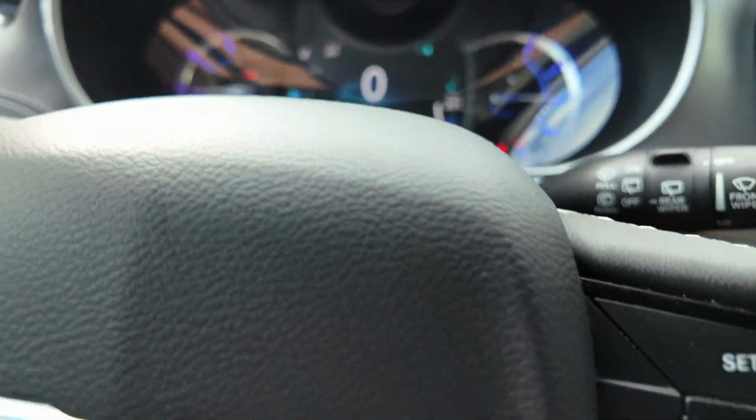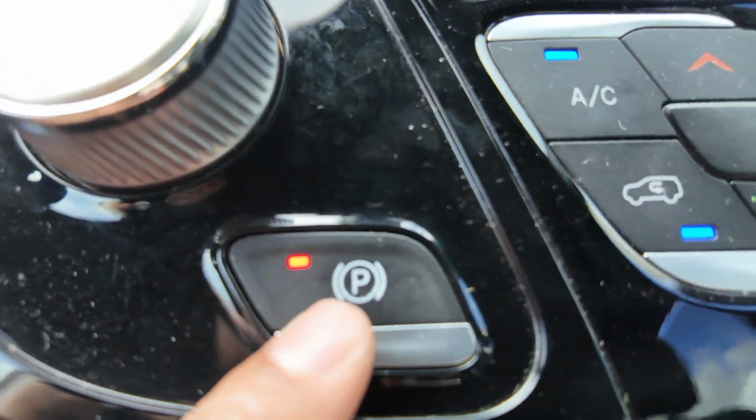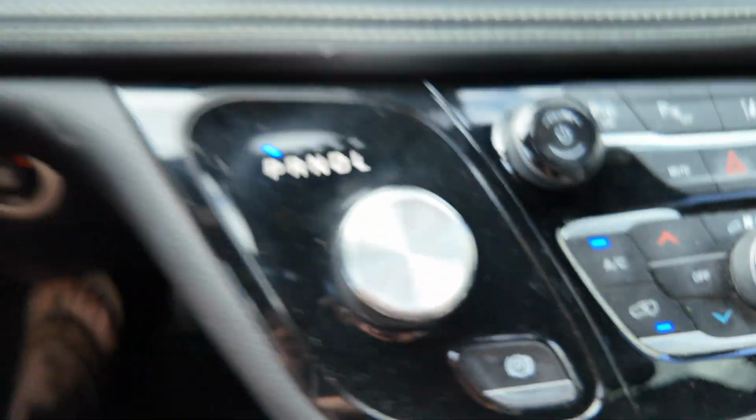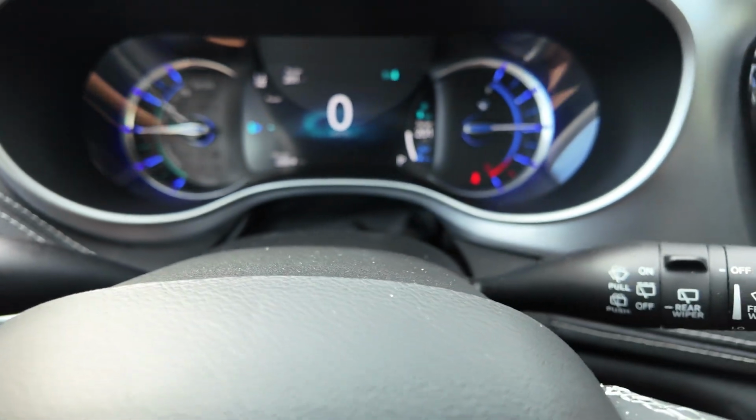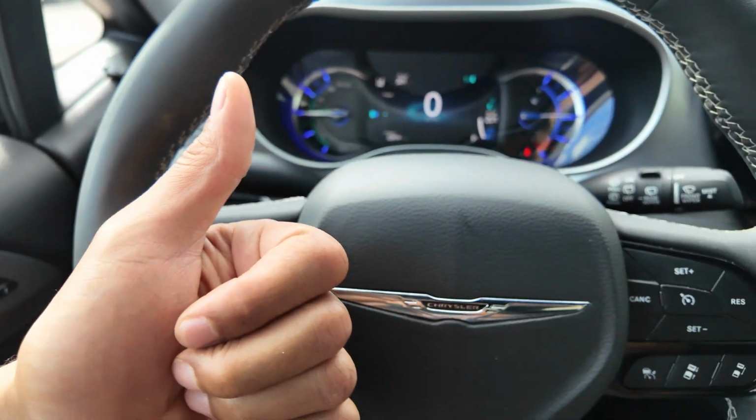So what I'll do is I'm going to go over here. I'm going to press the brake, and then I'm going to go back over here, and I'm going to press this. And now the parking brake is disengaged. It is currently off. Okay, that is how you turn on and off the parking brake